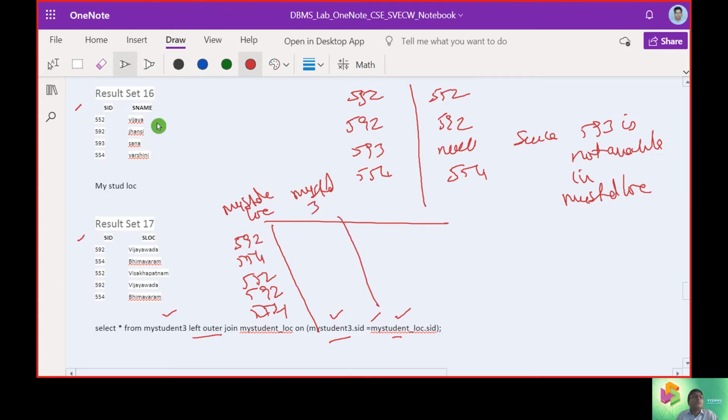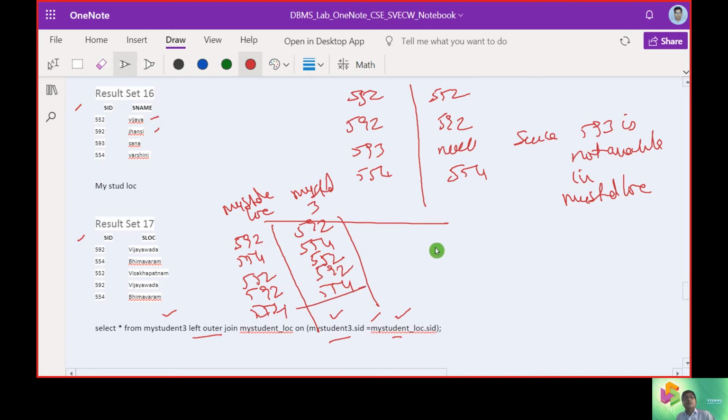Now I will put my student 3 here. Is 592 available? Yeah, it is available. Is 554 available? Yeah. Is 552 available? Yes. Is 592 available? Yes, 592 is also available.